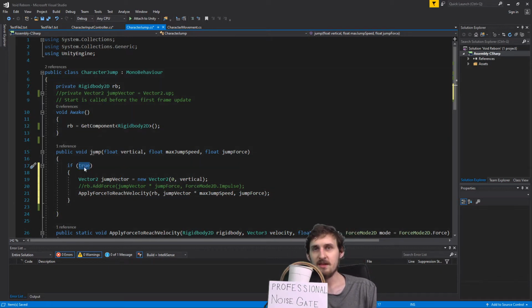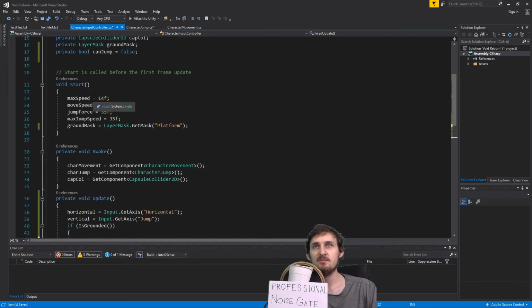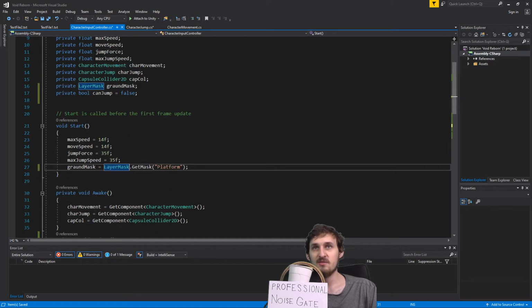And the something is the can jump from our character input controller. Since the boolean is private, we cannot access it right now. We could make it public, but I rather use